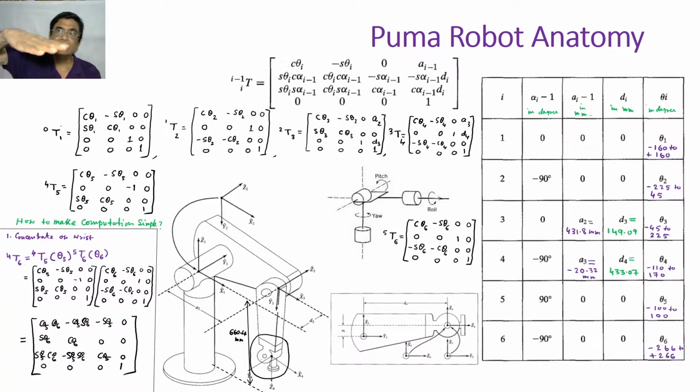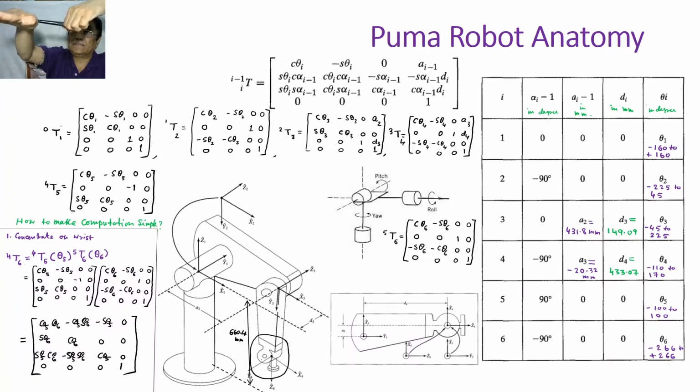By the way, maybe through millions of years of adaptation, look at our hand. PUMA was very much inspired by our hand actually. Look at here. Our wrist also has 3 degrees of freedom. What are those? Embedded at one point. This is called yaw, and this motion takes place with respect to a vertical axis like this. This is a vertical axis, about that, this yaw. Then consider another axis